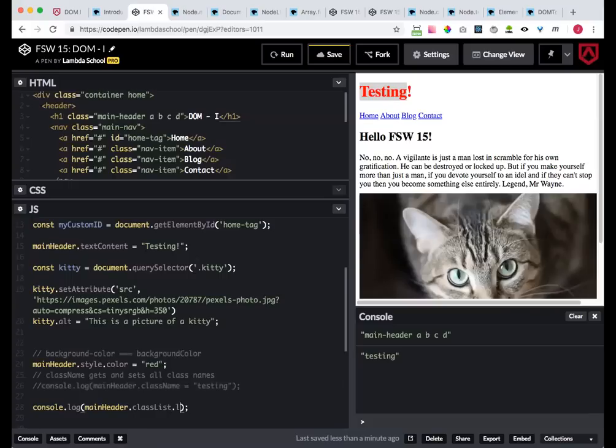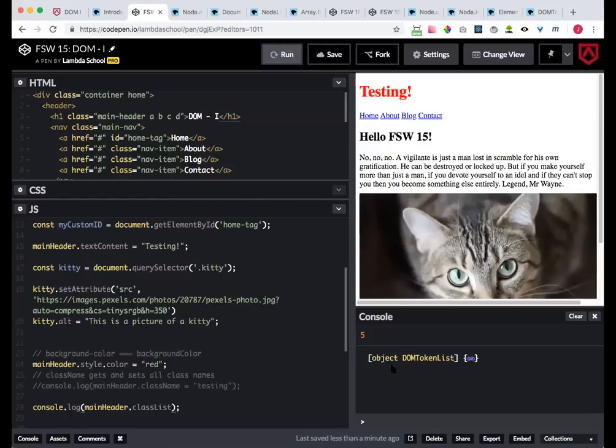So remember, one of the things we could look at was length. So let's see if this works. Save, clear, and run. There it is, 5. So that's pretty cool. It's not overriding anything, it's just reading it. All right, well, let's see what happens if we just log the dang